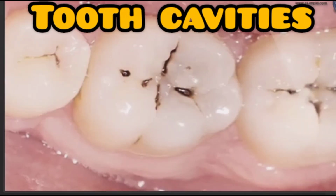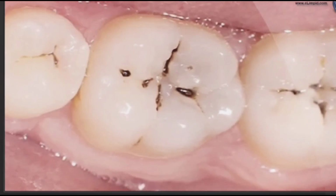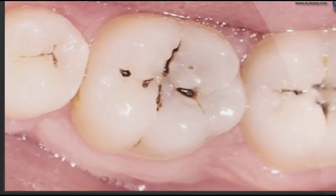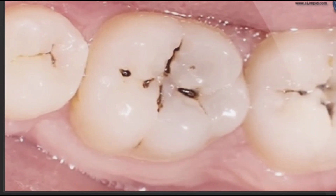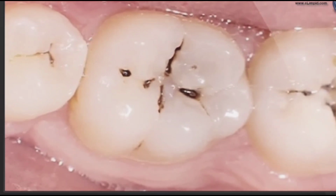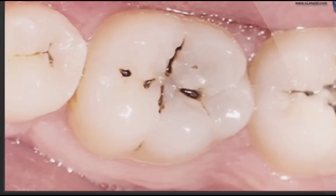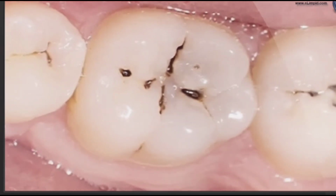Cavities, also known as caries, are small openings or holes in the teeth caused by tooth decay. They form as a result of built-up plaque and bacteria on the surface of the teeth, poor dental hygiene, and a lack of essential minerals in the diet. In most circumstances, cavities are irreversible and will need to be treated by a dentist using fluoride treatments, fillings or